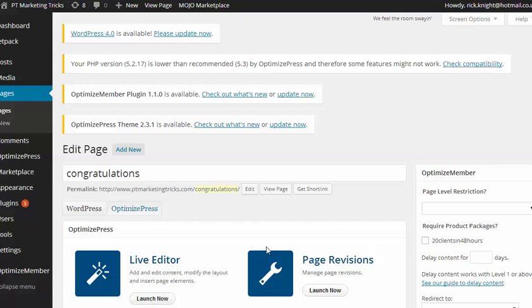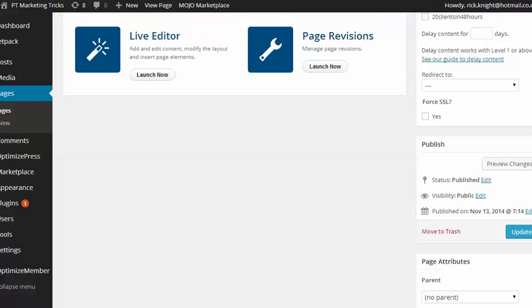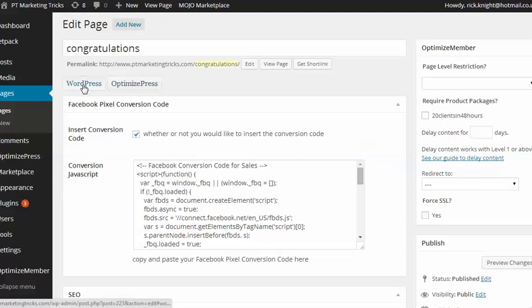Okay, so we go to edit the page, and then that's on the wrong one. This is Optimize Press, so WordPress. Here we go. So again, I've got that pixel conversion code. Check the box, and then you paste it in there,